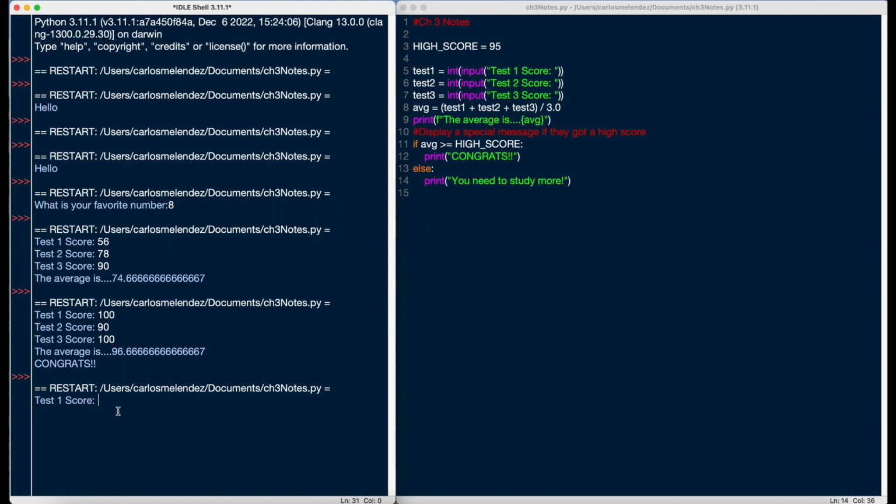What are we going to get? Let's say I got a 65, 100, and 100. Because I did study more. But I got an 88. So it says I still need to study more. But that is an if and else statement. Okay? So if is a single alternative decision, and an else is a dual. Now we have two different ways. And that is what you need to know about the if and else statements. And in the next videos, you're going to learn a lot more about nested if statements and elif and